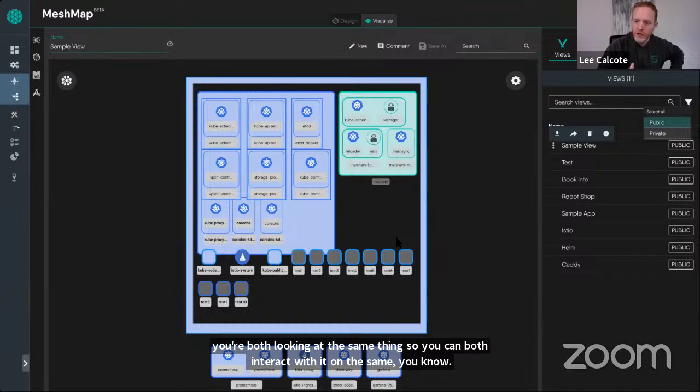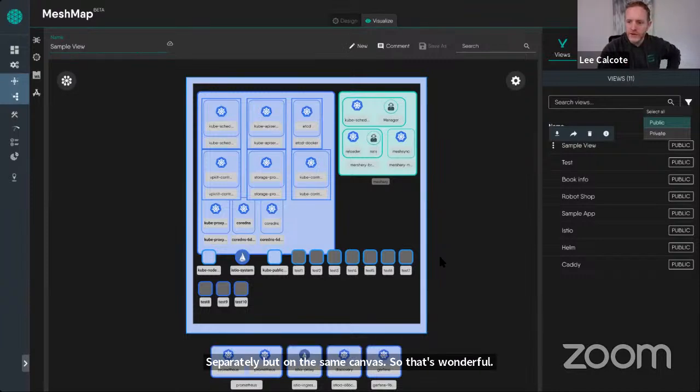So that's wonderful. As you guys are iterating on this and bringing it forth, the idea, it looks like, is that people would name their view, that there'd be a list of those on the right-hand side, and they can recall those by clicking on them or by click and drag over. Maybe they can combine views in that way. I mean, it's very similar to how designs are dealt with.